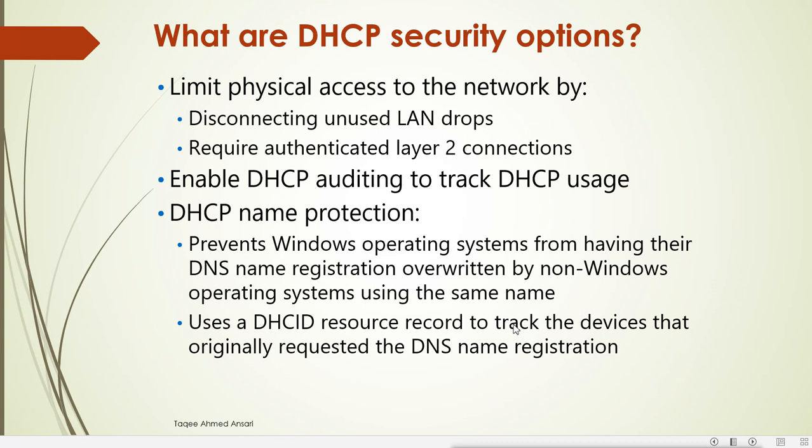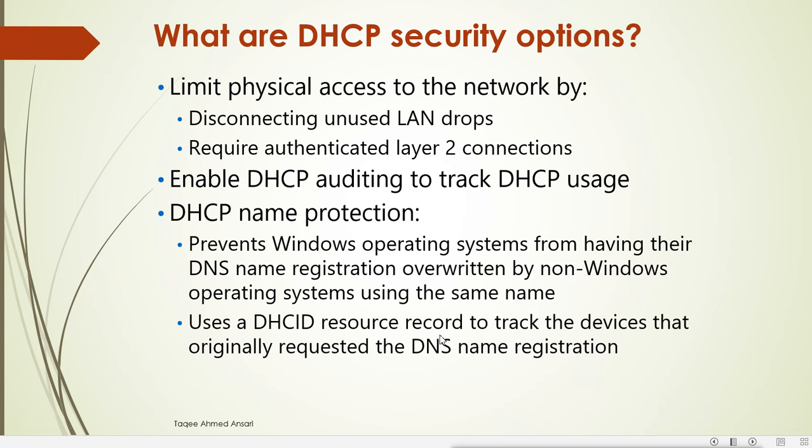Now DNS, we will see what is DNS. DNS basically resolves the name to IP, because in a network all the communication is done based on IP addresses. If you want to connect to some machine, you need to know the IP address of that particular machine. If you have 2-3 machines, you can remember their IP addresses. But if you have 500 machines, it is not possible to remember all those IP addresses.